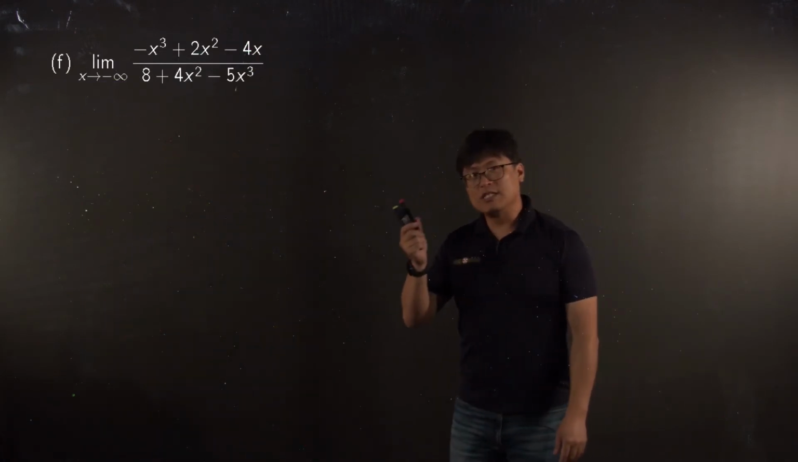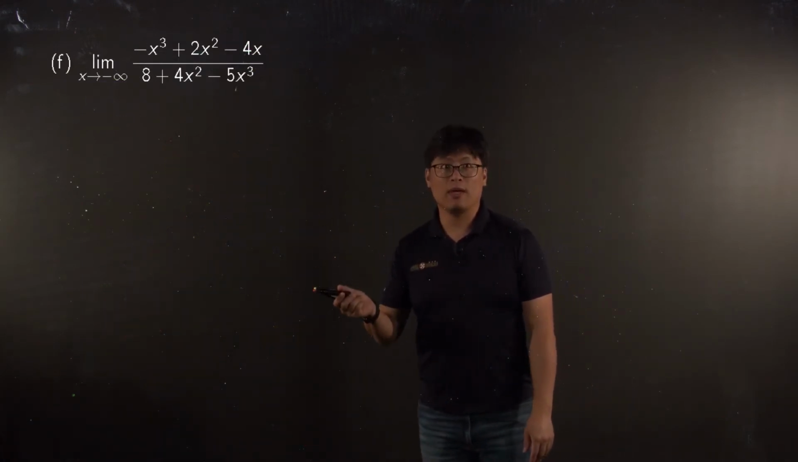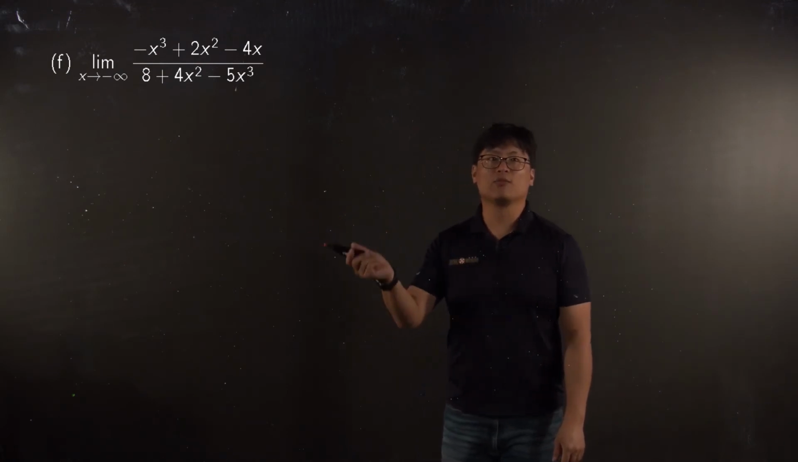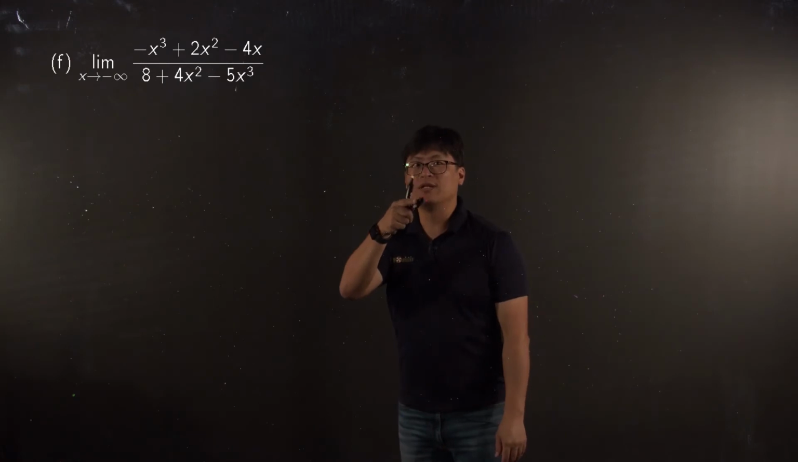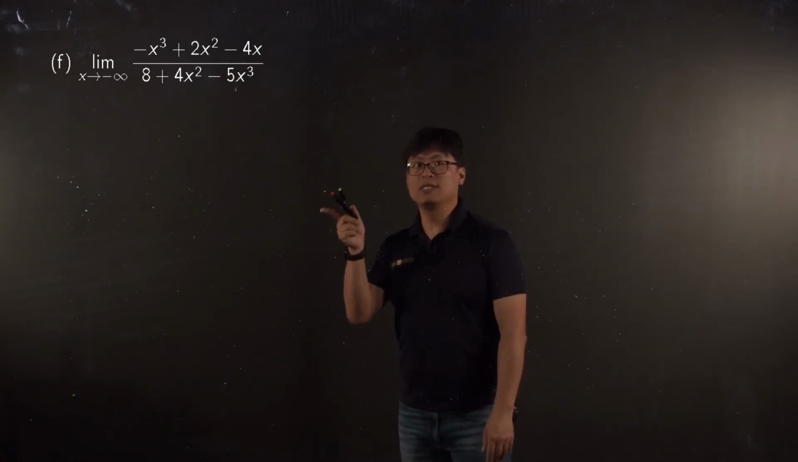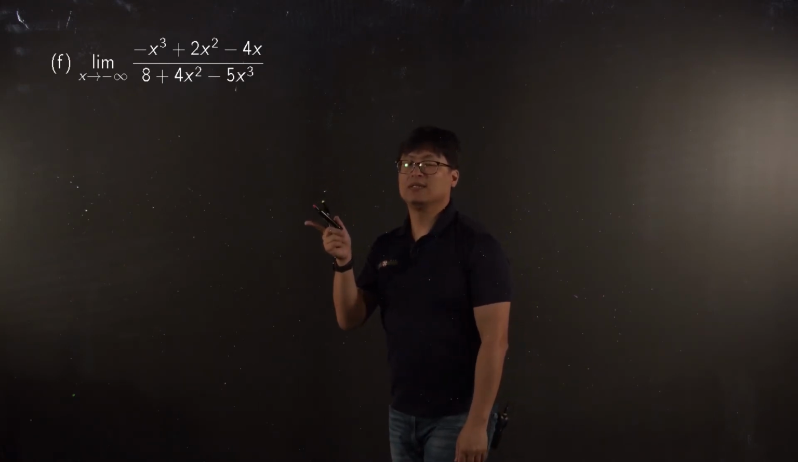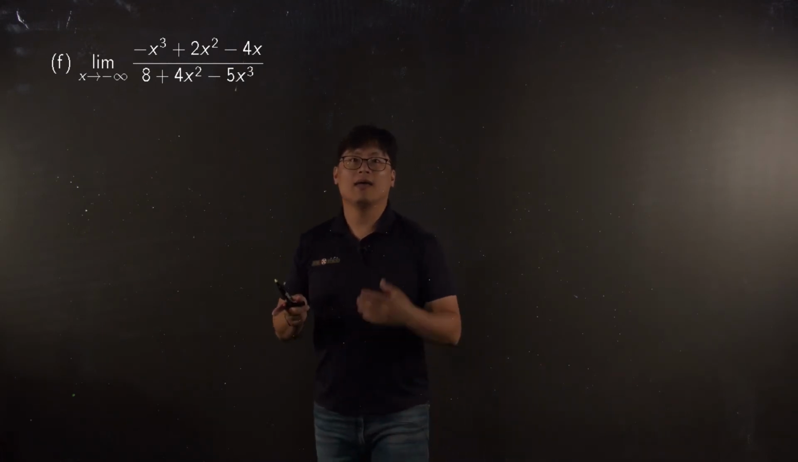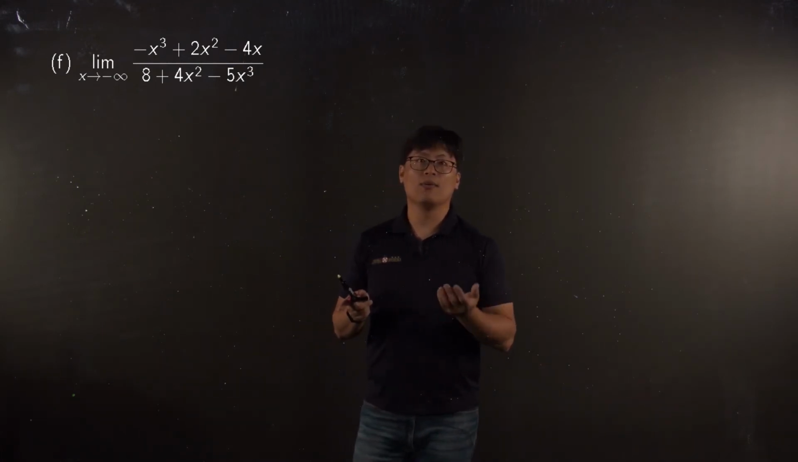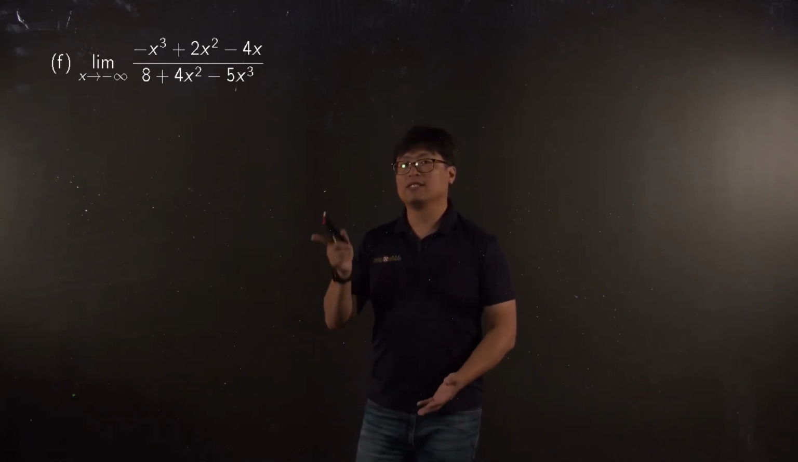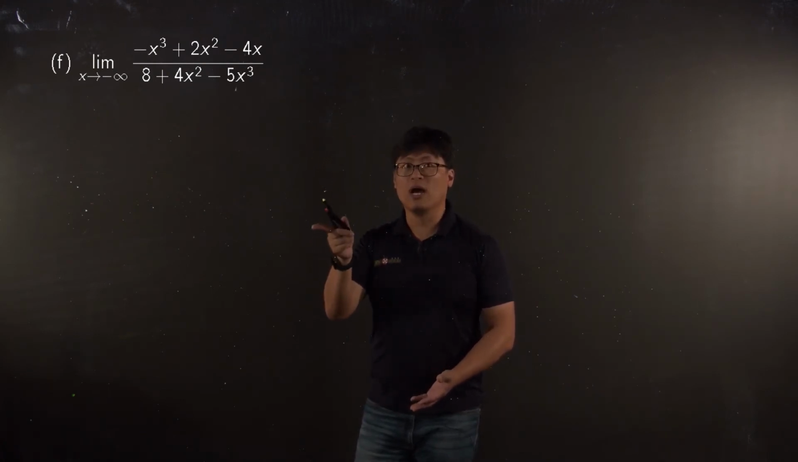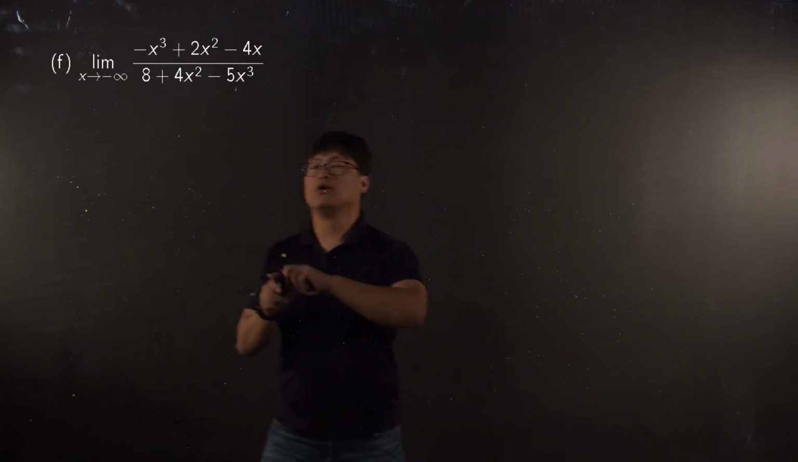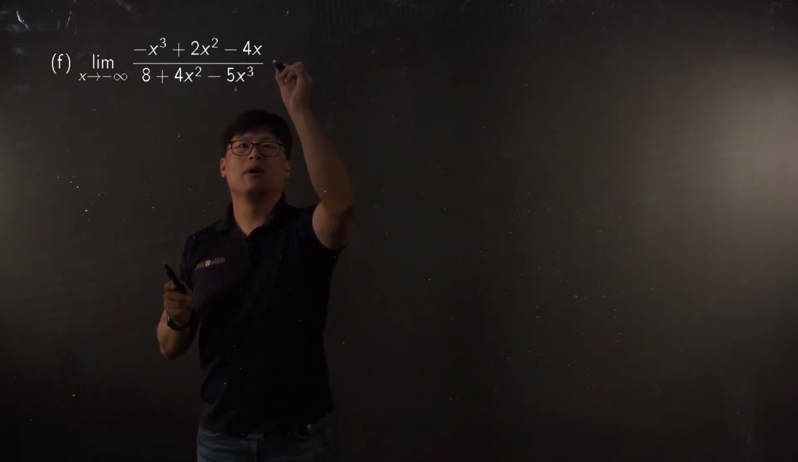Okay, so this problem is different from the previous problem. In the previous problem, your x approaches a point, but this one, x goes to infinity or minus infinity, which is a limit at infinity. For this one, I introduced the higher order method. So what was that? The strongest term of your numerator and the strongest term of your denominator only. So this can be rewritten by